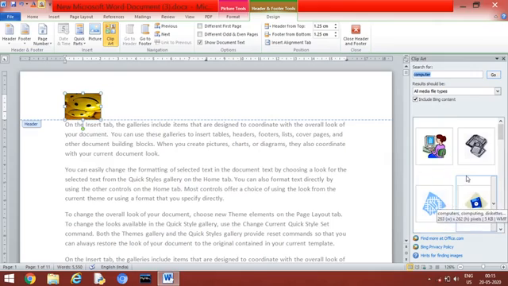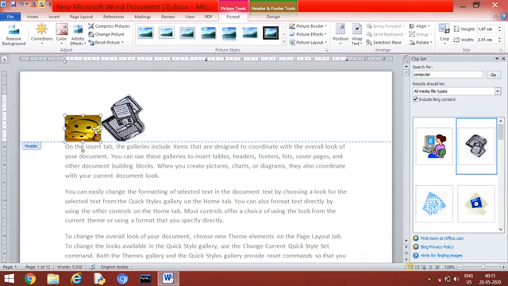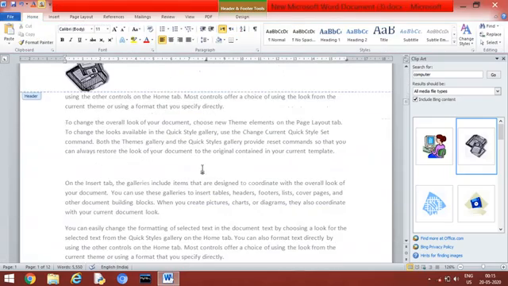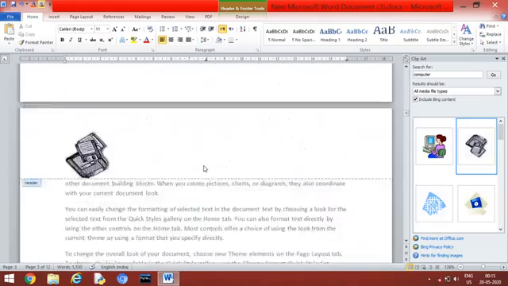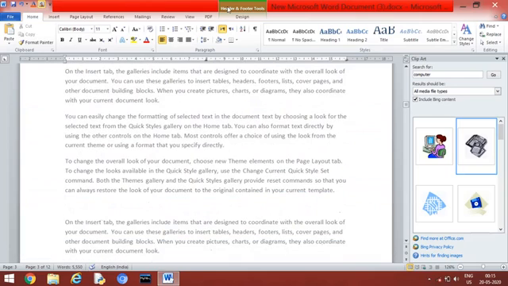So whatever clip art is related to the computer will appear here. You can select any of these and it will appear here. You can adjust the size of this like this, and it will become kind of a logo or something. So you can use clip art in this way.